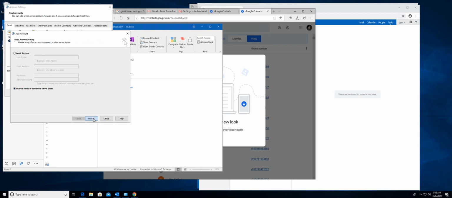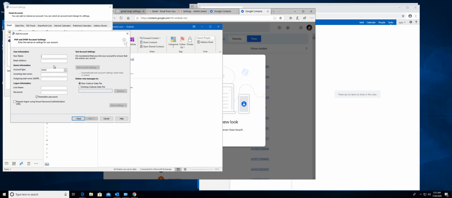Basically the manual configuration is that you go ahead and select manual setup. Let's say that you have either an Exchange Active Sync supporting client, like Exchange, so you can do that. Or if you have Office 365, which supports Active Sync and MAPI, you can put an email address here and that will get configured. Or if you have some old age client which uses POP or IMAP,